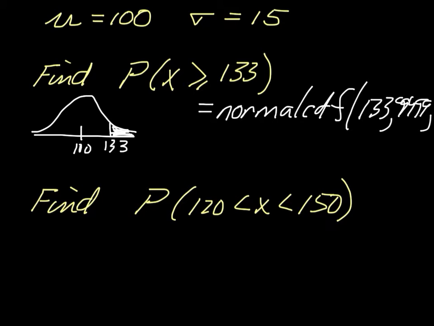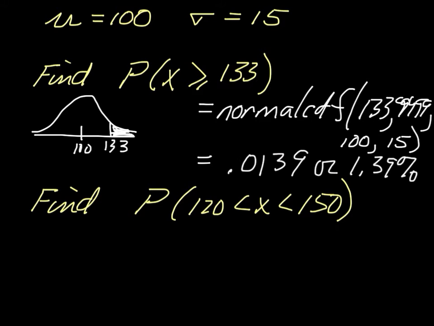And then I need a mean and standard deviation, which in this case are 115. And if I type those in a calculator, I'll get a solution. You can see that what I get is 0.0139 or 1.39%. And that's more than 2 standard deviations away, so we would expect that to be really small. So on the next problem, I would like to do a